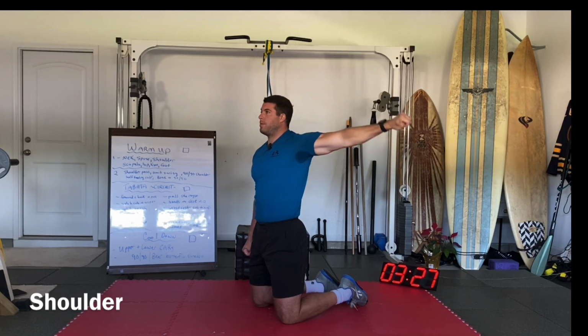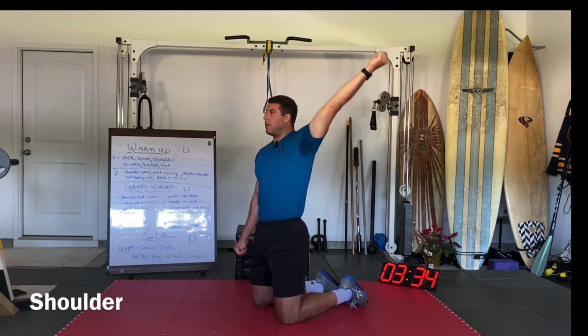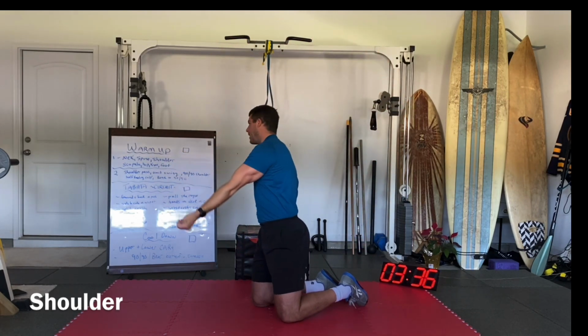Rotate as you reach back. Try not to move your head or shoulders or hips. Reach back, unwind, and reach all the way up, forward, and down. Okay,